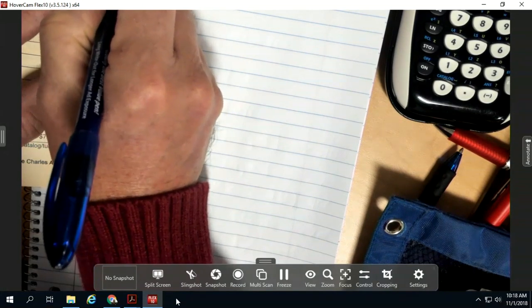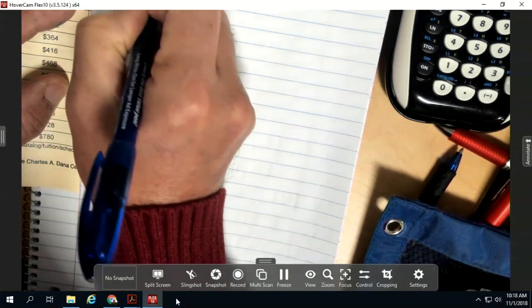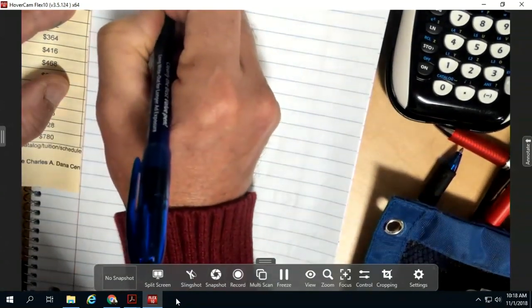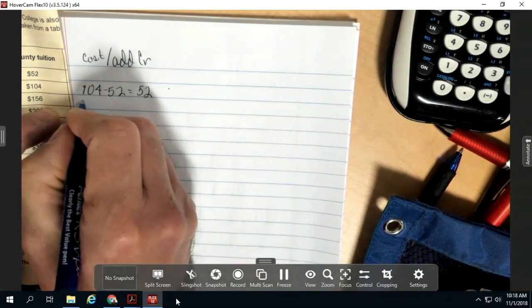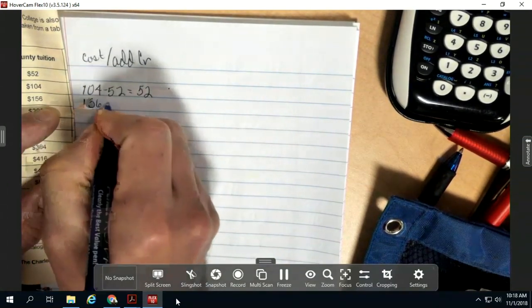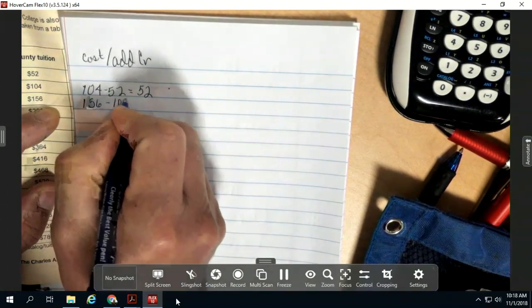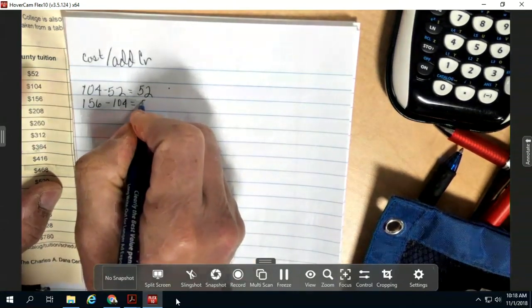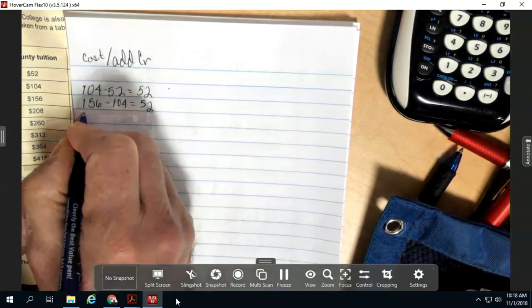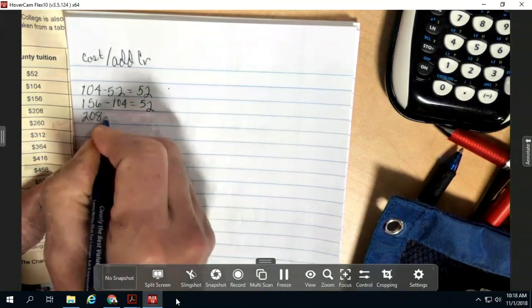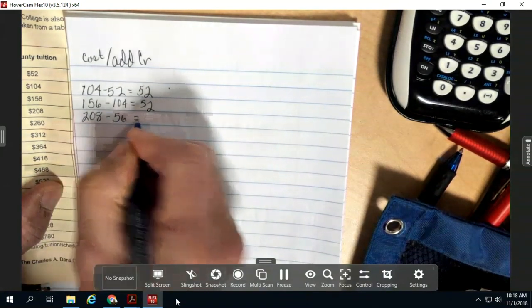But for the second one, we will take $104 minus $52 and get $52. For the third one, we take 156 minus 104 and we get 52. 208 minus 156 and we get